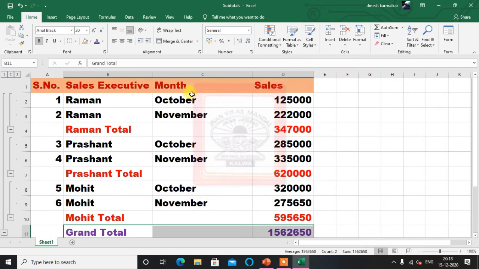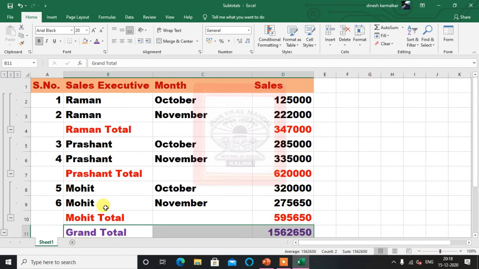First of all, I showed you how to make the subtotal depending on the month. The second thing I showed you is how to make the subtotals according to the sales executive. So according to our need, I can make the subtotals for different fields, and here it is only the sales figure we wanted, so on that only I found the total. If you have multiple things to find the total of, you can take different options, but in this database we have only the sales for which you can find the total. But here are 2 fields on which we can have separate subtotals, month wise and executive wise.